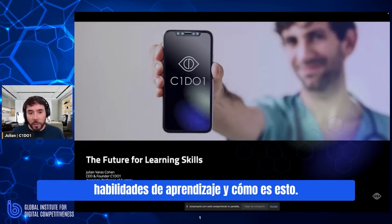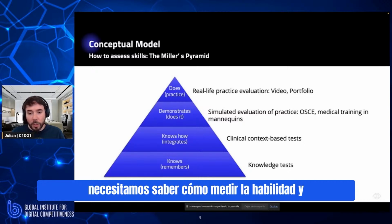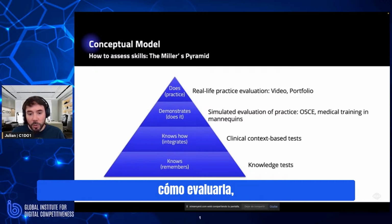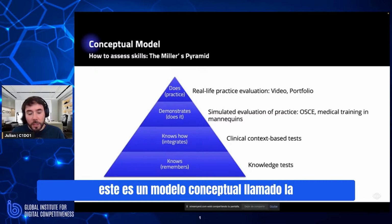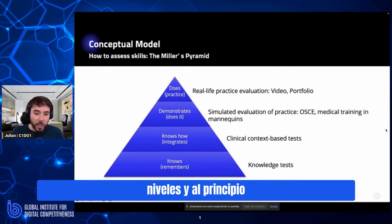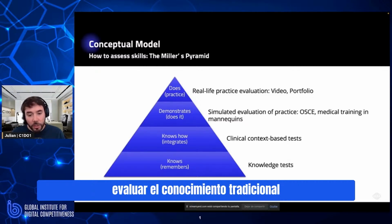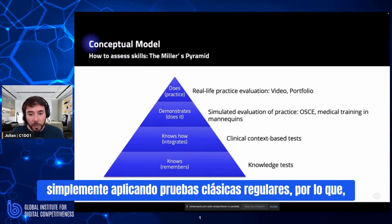Learning skills and how this is looking for the next 10 years. In order for us to understand a skill, we need to know how to measure a skill and how to assess it. This is a conceptual model called Miller's Pyramid, where it has 4 levels. And at the beginning, we traditionally learn from, and we can assess, the traditional knowledge by just applying regular classic